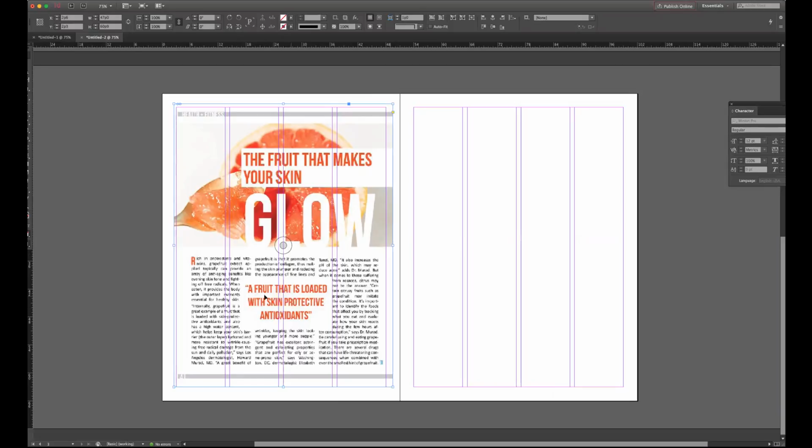It has a pull quote, a fruit that is loaded with skin protective antioxidants. It has a 3-column grid, which is really awesome. And then at the bottom, it has a footer. It also has some artwork. We're not allowed to use artwork, but we don't need to because we're going to need to include the entire alphabet of our font, like all the characters of our font, A through Z, and then 1 through 9, or 0 through 9. And then it has a good strong headline. So these are all the elements that we'll need for our design.